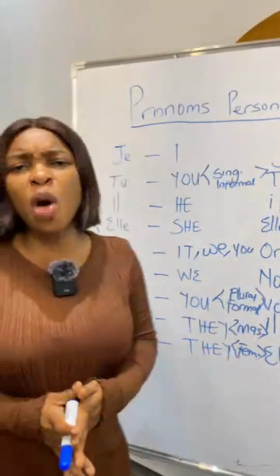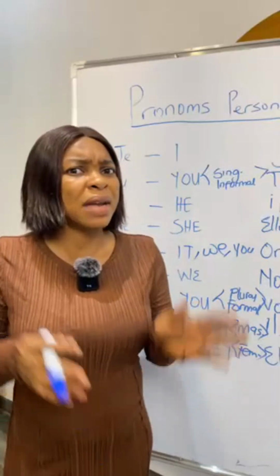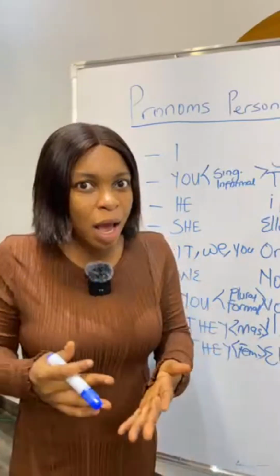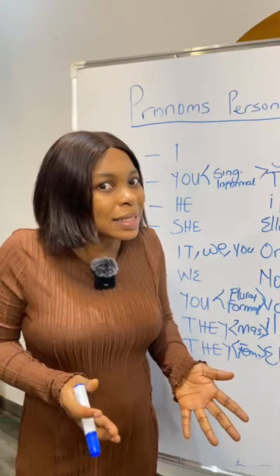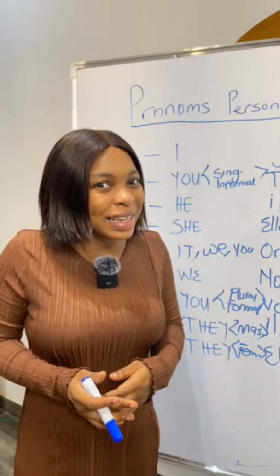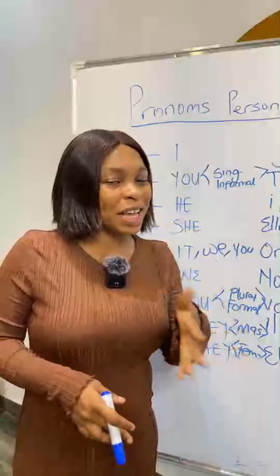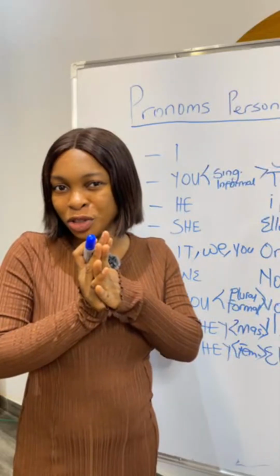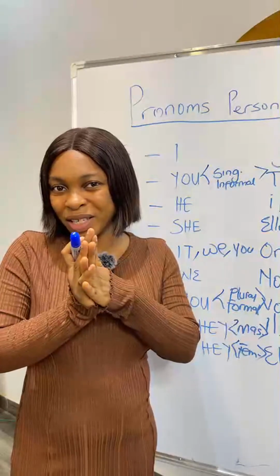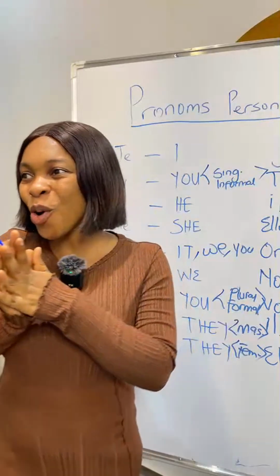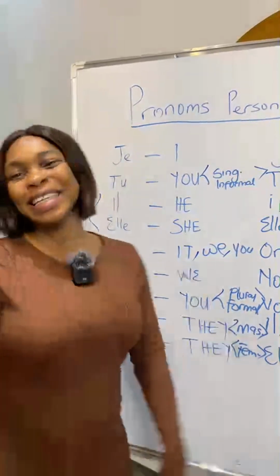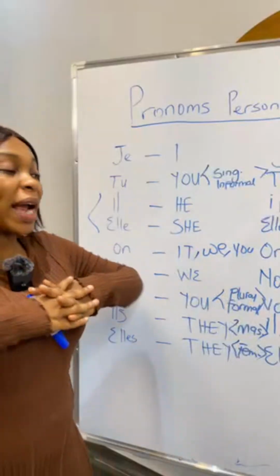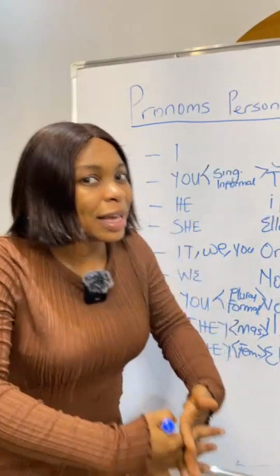All right, and then the question will come up: what about when we have both men and women in a particular place, and I want to address them as they? What do we use? Who can guess? Okay, any answer? You have both men and women in one location, and you want to address them as they. What do you use? Do you have any response? Okay. So we use ils. Yes. So when you have both male and female in one location, and you want to refer to them as they, you still go back to ils.